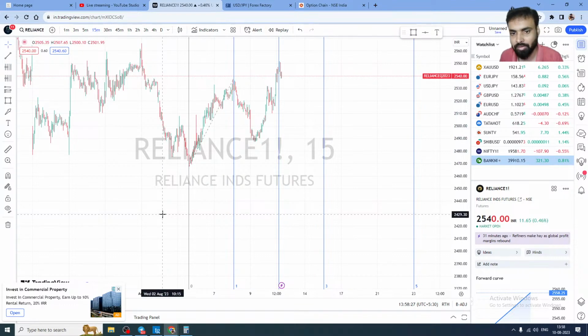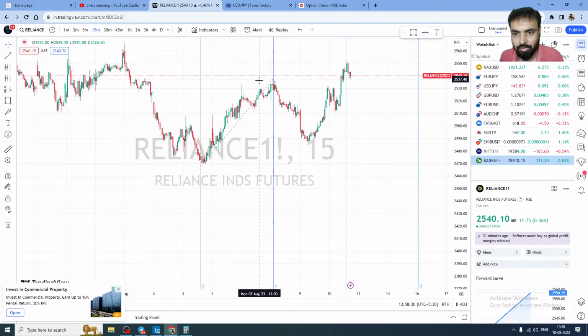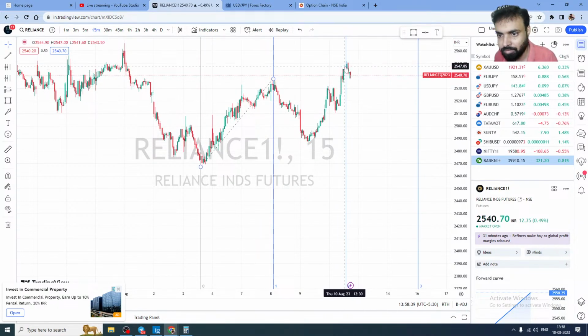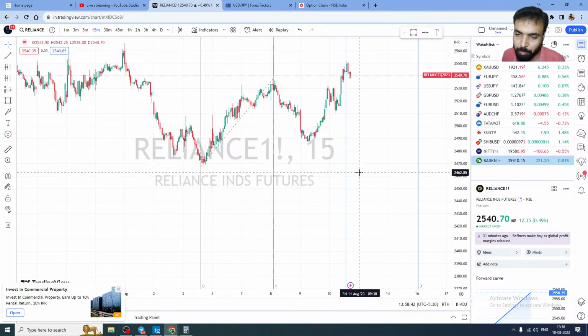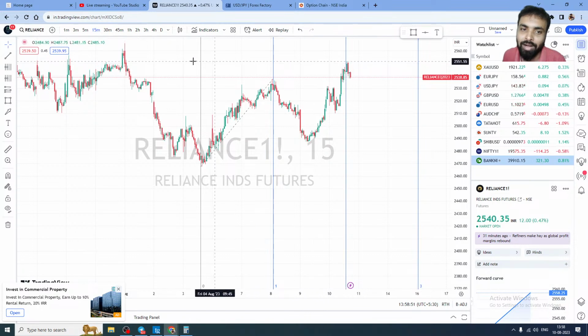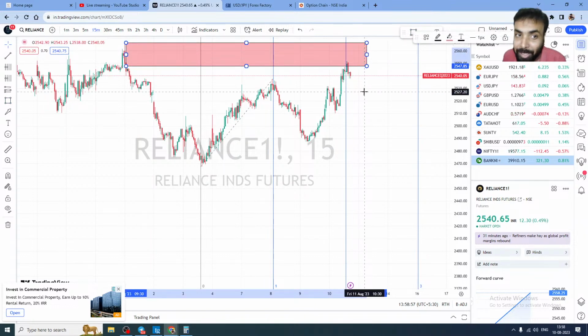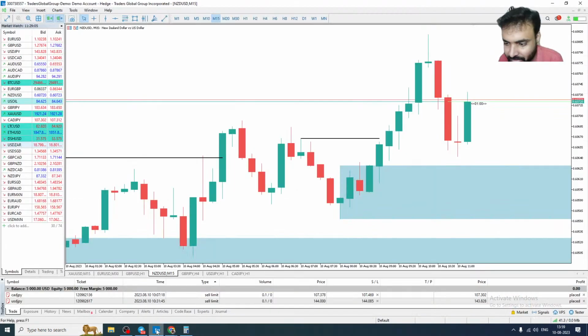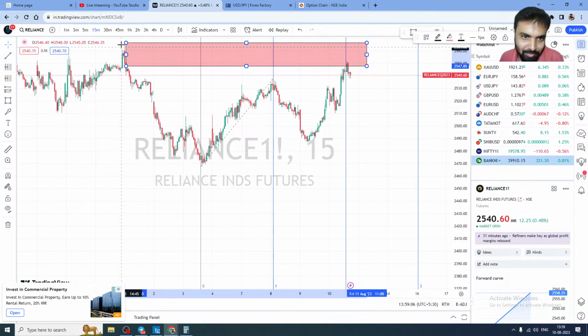Okay, so what happened here? Forget about the first two. When it touches this blue line, from there is a chance price can go down or reverse. If it is a bullish trend, it can become bearish. If it is bearish, it can become bullish. But if you notice here, if you go back a little bit, there is a manipulation candle. From that only it is reacting. It is not that Fibonacci is doing the wonders. This is manipulation. From the manipulation it is reacting, but you can correlate.